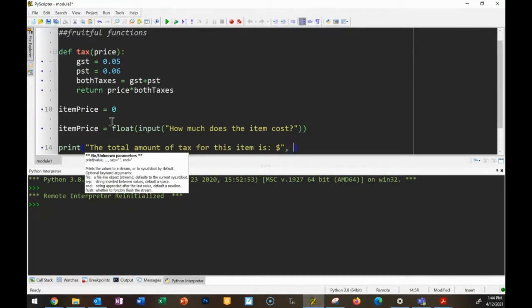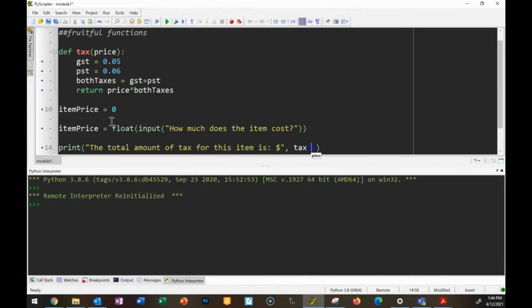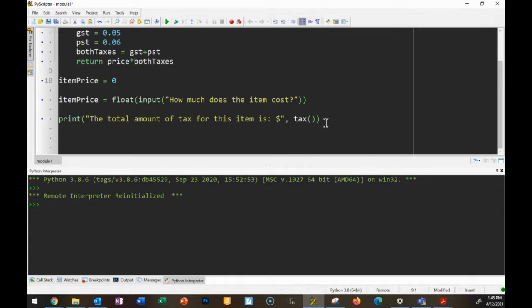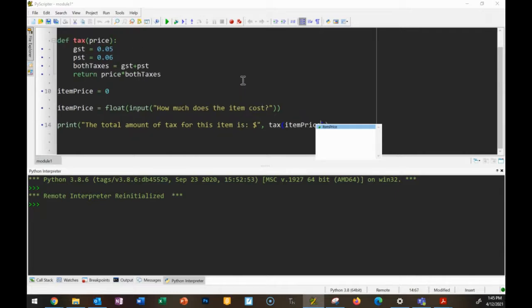So in this case, we have to call the function, so we know it's called tax, and then we also have to send it something because it's looking to receive a price. If we don't send it a price, it doesn't know what to do with it. Okay, so let's send it a price. And we already have a price because we asked for it in the line above. Okay, so all we need to do is call the tax function and put in the variable item price,